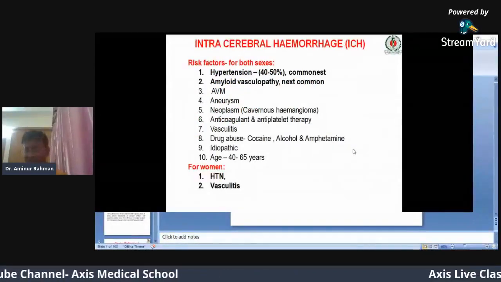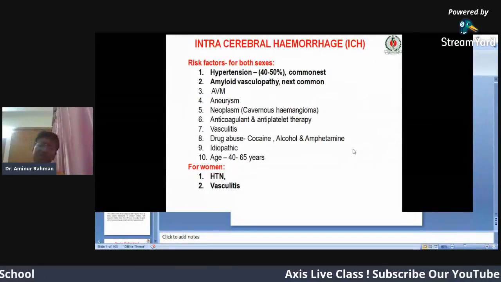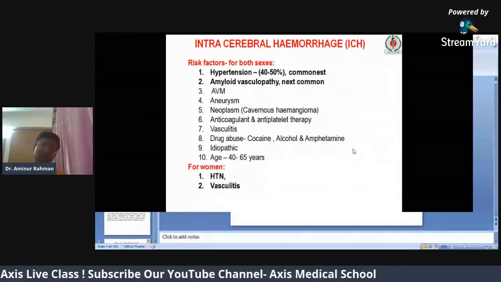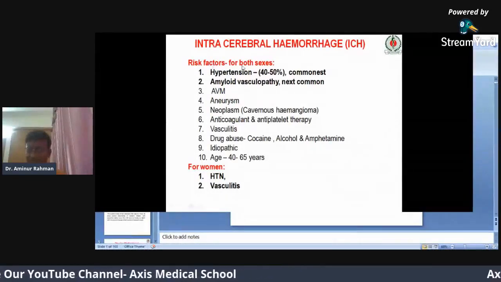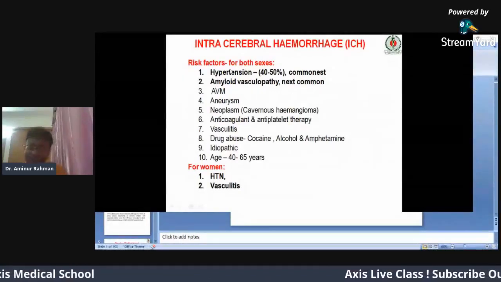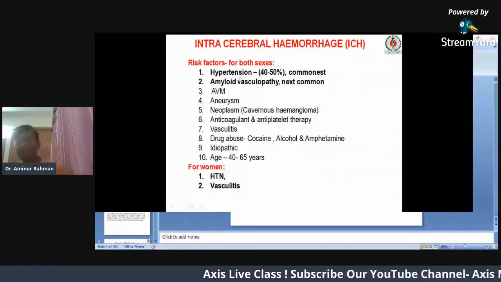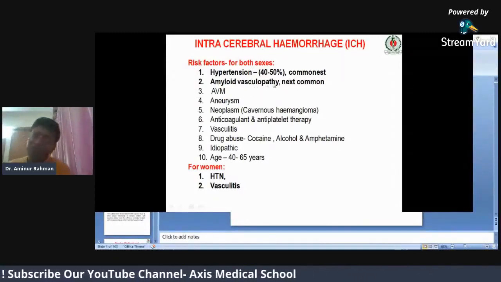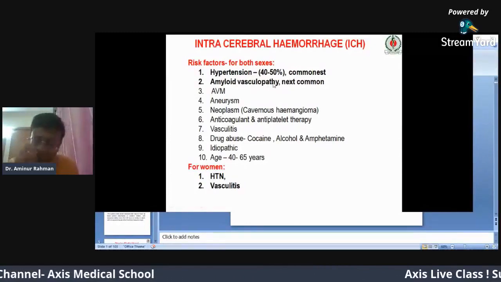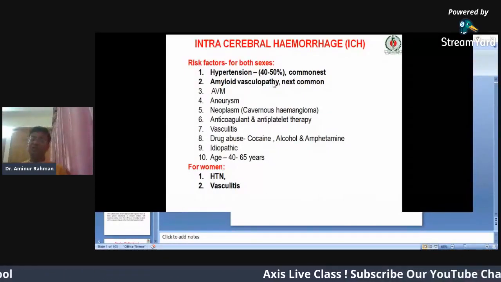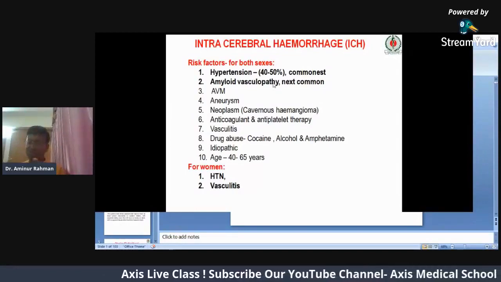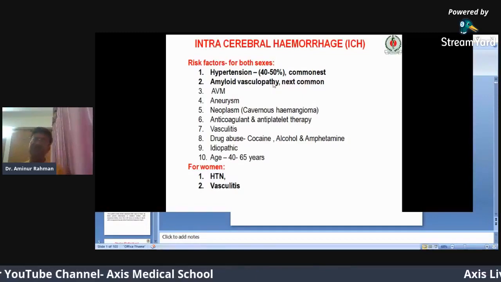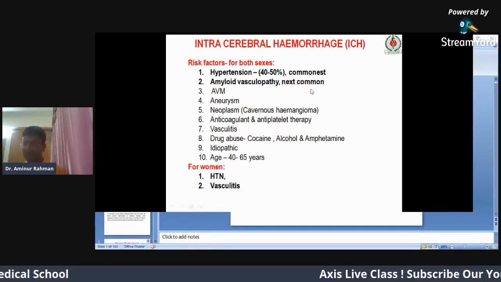So a specific risk factor for intracerebral hemorrhage is hypertension, at 40 to 50%, the commonest. Amyloid angiopathy is the next commonest. These two are interchangeable. If the patient is young, hypertension is the main cause of intracerebral hemorrhage. If the patient is old, amyloid angiopathy is one of the important causes, more than hypertension. Because in old age there is amyloid deposition in the blood vessel, the vessel becomes hardened, and if the pressure in the brain increases, there is more rupture in the amyloid